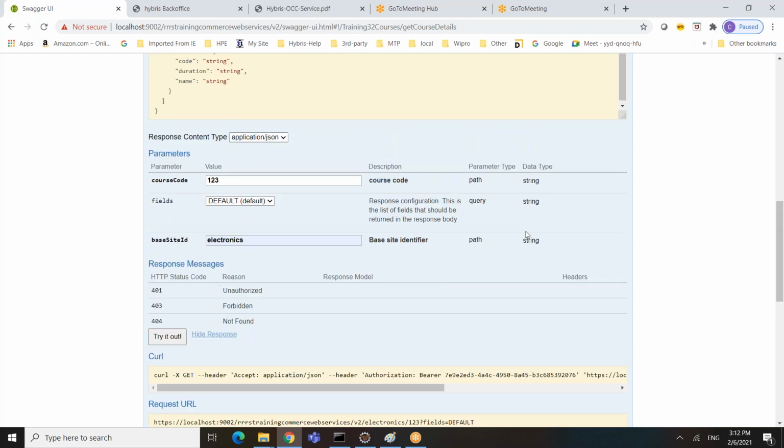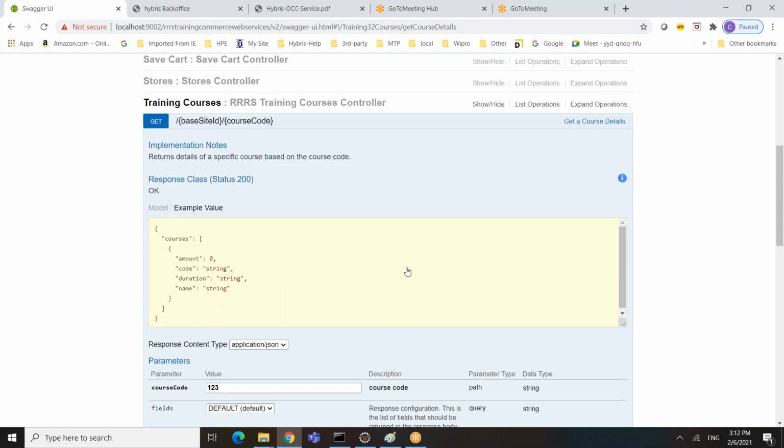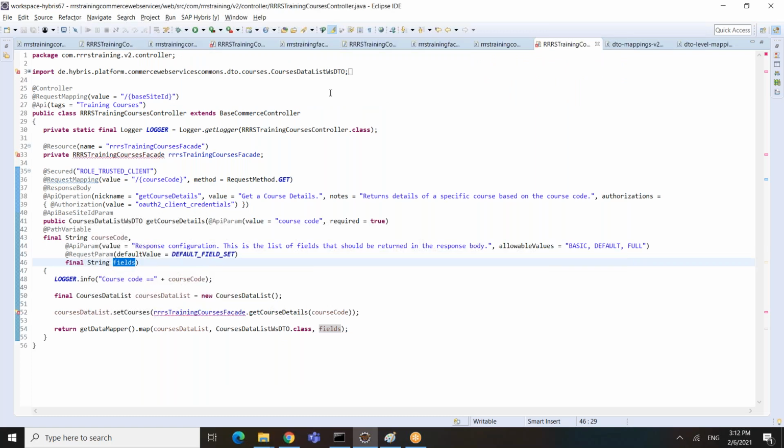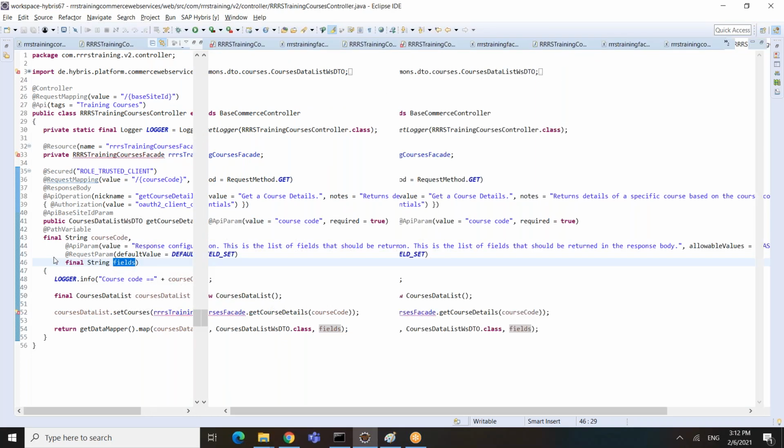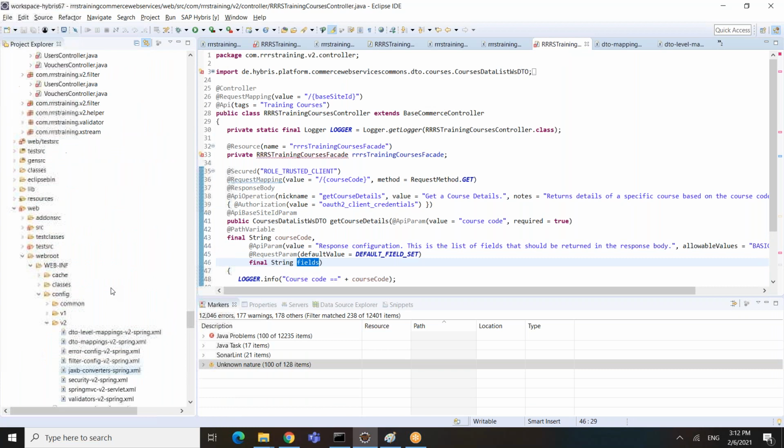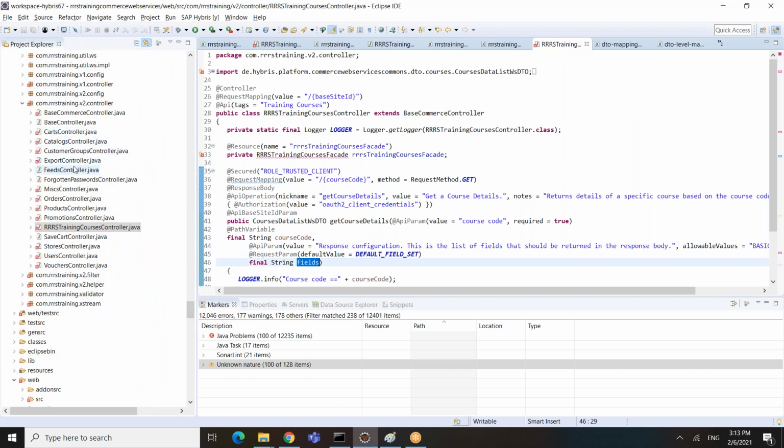Now the user is able to access the response successfully. So this is how you need to build a service. And you can also customize out-of-the-box services. There are lots of out-of-the-box services like I mentioned already. Here you can see there is a cards controller, an orders, a promotions, a products, a stores controller, user controller, vouchers controller. There are many controllers available, and all those controllers have different operations.